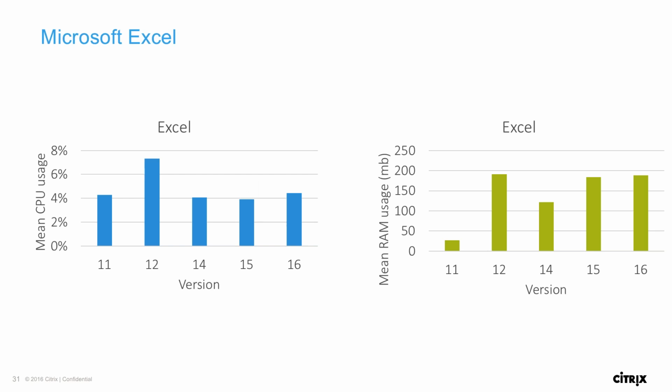So this is Microsoft Excel. So we look at the different versions. It's interesting to see here, there's not a huge difference in CPU, except with respect to Excel version 12. It did use substantially more than 11 and a lot more than the newer versions. But RAM, you can really see a difference when you go from Excel 11. If you're going from Excel version 11, which I think is a version of Excel in Office 2007, if you go from that to,